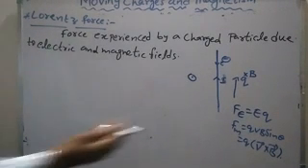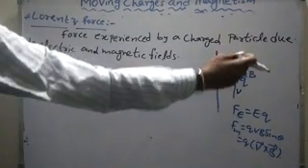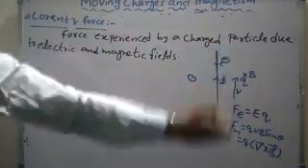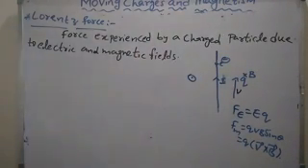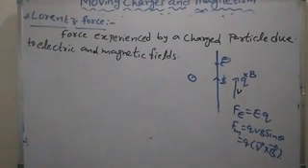Suppose this charged particle is going with velocity V. The magnetic field is perpendicular. This is in the board plane, and velocity is in the board plane. Suppose it is moving along the y-axis. B is along, suppose, the negative z-axis, into the board. Out of the board is the positive z-axis. Let us consider it like that.